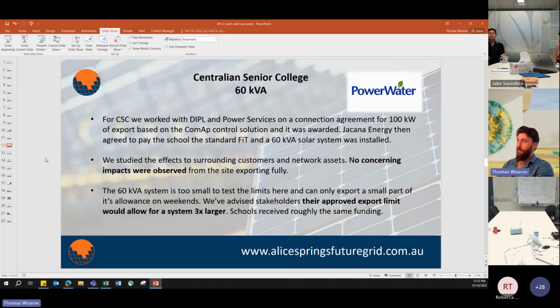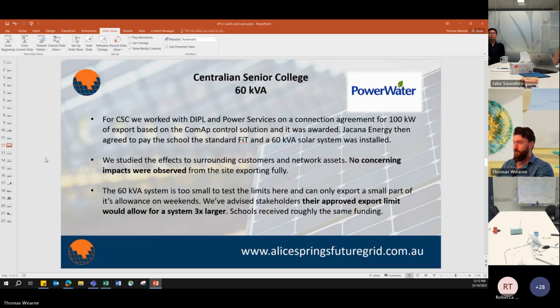We worked with DIPL and Power Services on a connection agreement for Centralian Senior College, and we actually got them the right to export 100 kilowatts based on the control solution we developed, being able to manage the risks that were identified in that assessment. Our friends at Jakarta then agreed to pay the school the standard feed-in tariff, and